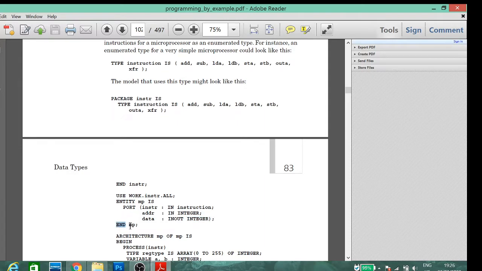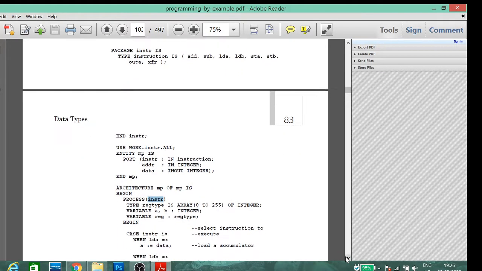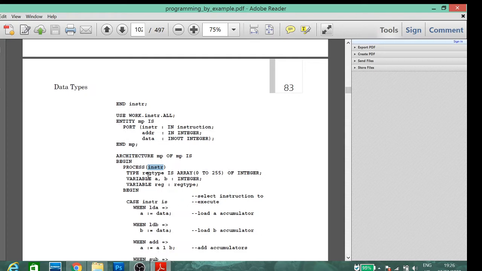Data in and out, in an integer form. End of entity MP. Architecture starts with the keyword architecture by the name of MP of entity MP, defined beforehand. Begin process, sensitive list: enter which instruction you actually wanted. According to that, type